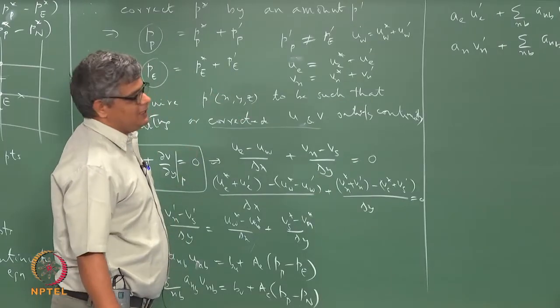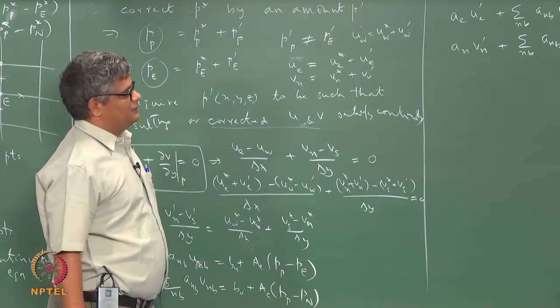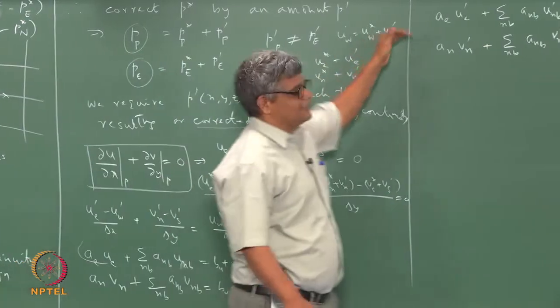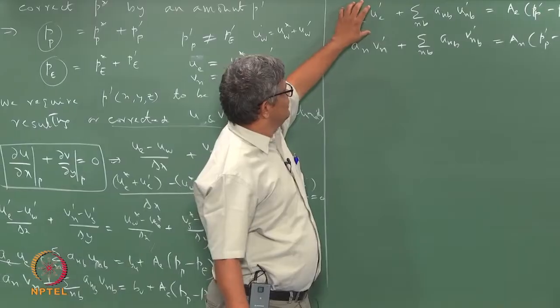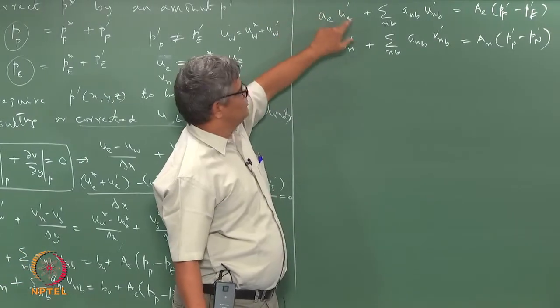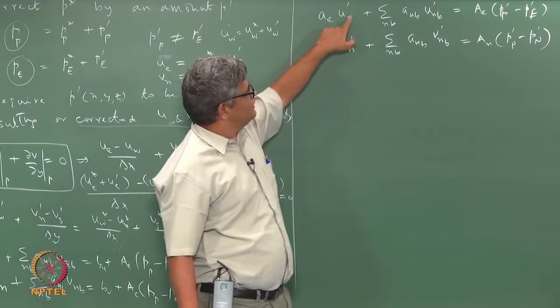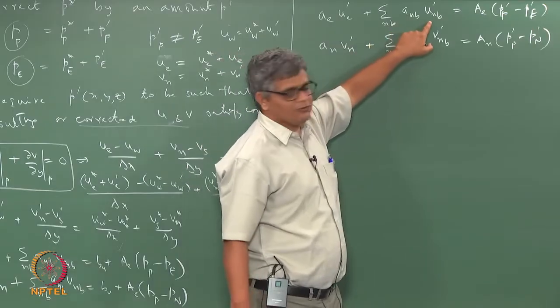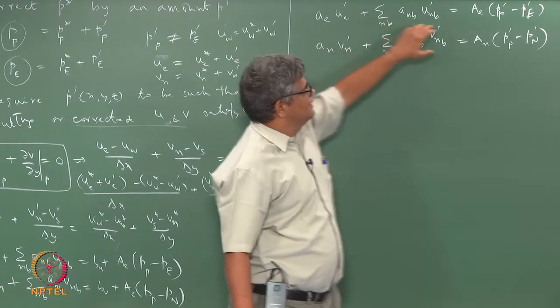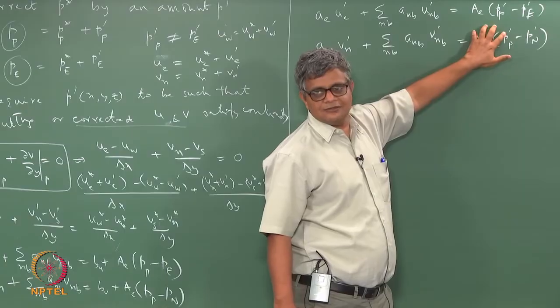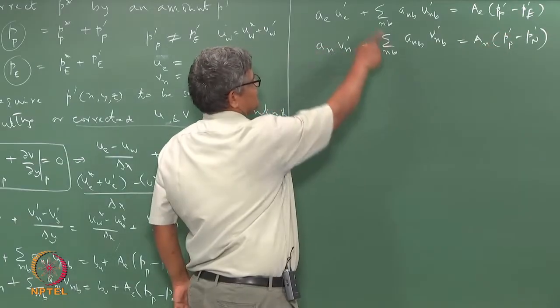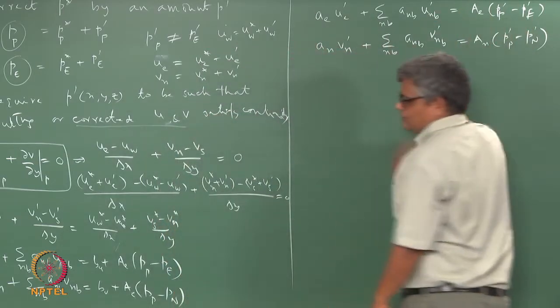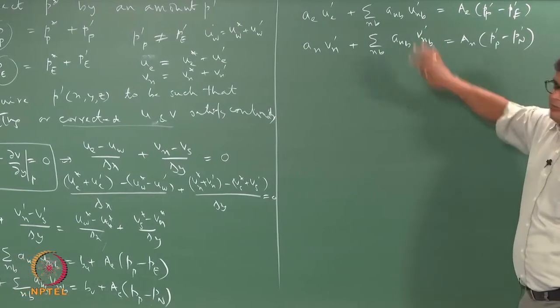So, we can make an approximation, because we are only talking about corrections. There is a correction coming from the main point at which U is being evaluated, and a contribution from the neighboring quantities. All these things will balance the pressure correction. Okay. So, if you say that this is a discretized momentum equation, there is a correction to the momentum equation